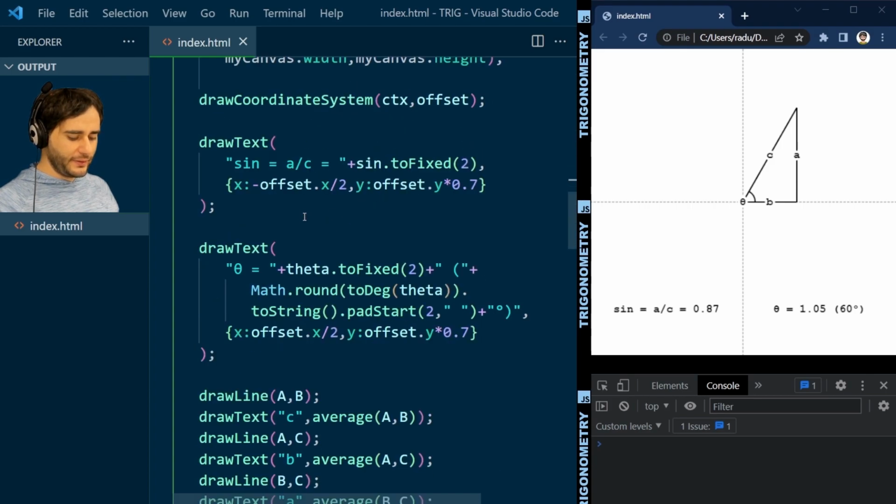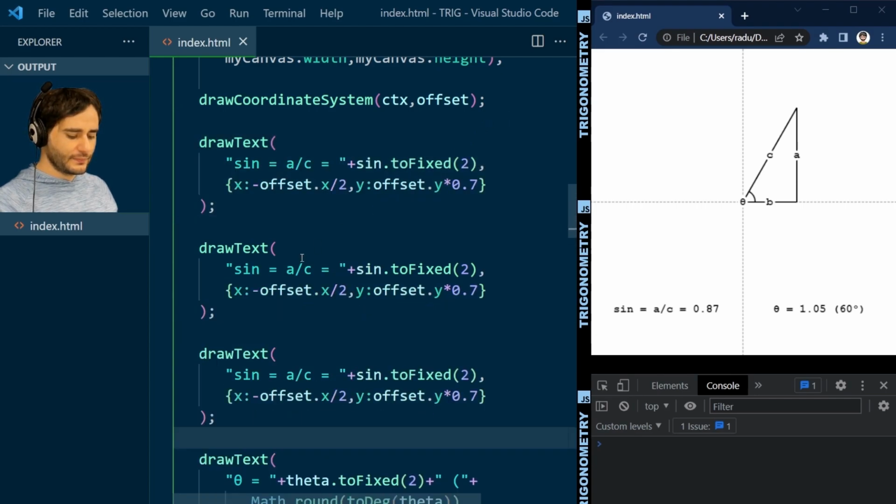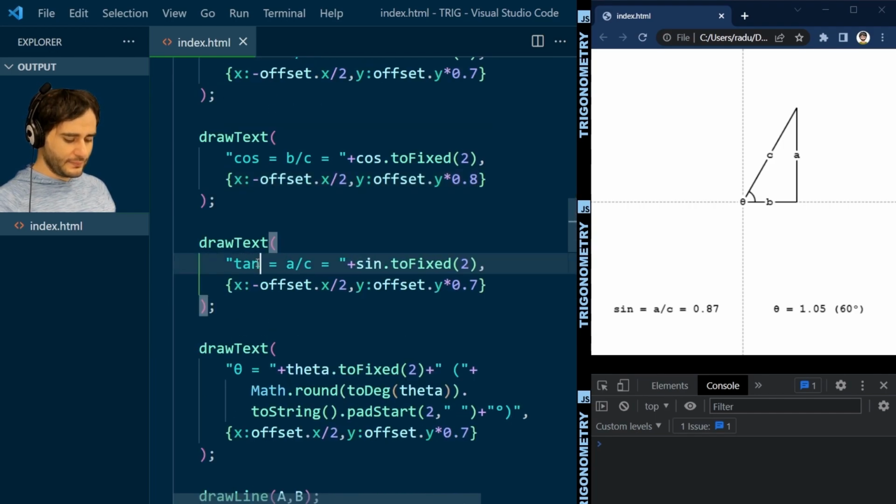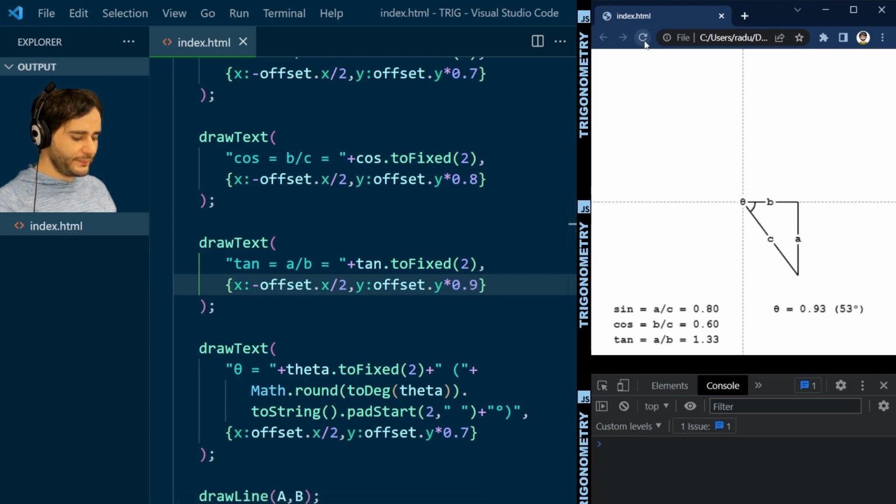Let me go down here and copy this sine 2 more times, for cosine, which is going to be b divided by c, cosine 2 fixed. And let's put it a little bit below. And then the tangent, let's say a divided by b. I'm using this variant. And tangent a little bit lower still. I'm going to save this, refresh,